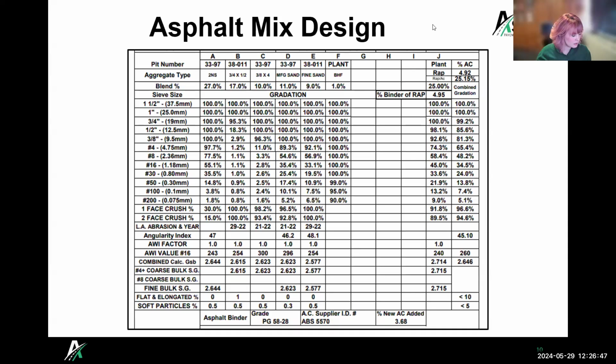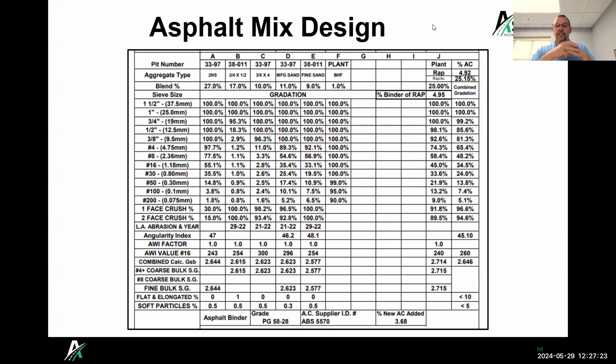Let's see, what else? How do I determine my AWI for a fine aggregate? What is AWI? AWI is aggregate wear index, and the Department of Transportation has specifications for each mix. You have to have a certain AWI value for the top course mix. It's basically a measure of how the aggregates in that mixture are going to wear over time. What they don't want to happen is to lose skid resistance on the pavement.